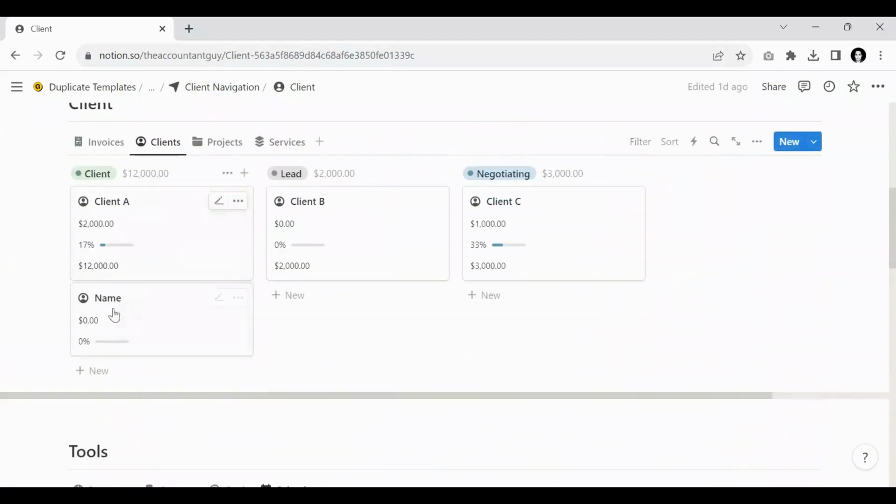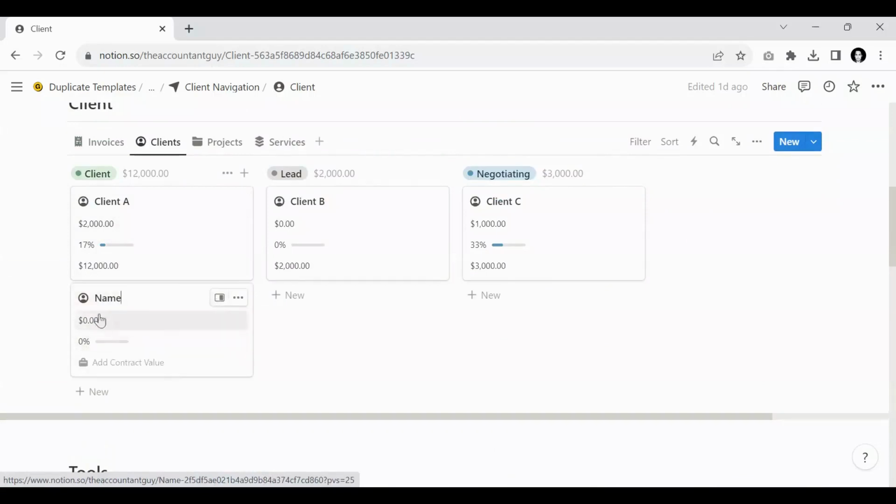Okay, discussing further, if you do not happen to see all the options, you will need to click on this edit button. Once you click over here, all the options will be displayed. Okay, then we have the contract value. This is to be put by the user. Whatever contract value you have fixed with the client, you can simply click on this and put the value of the contract over here,